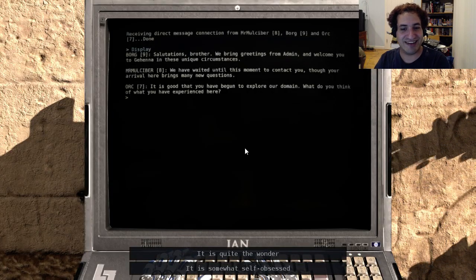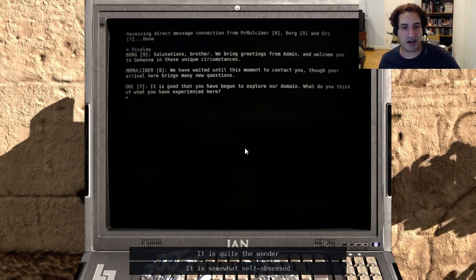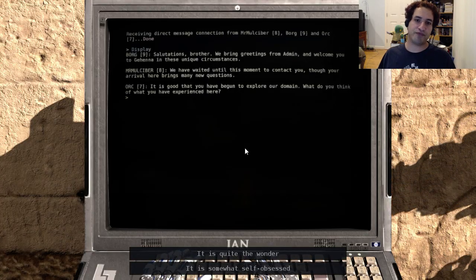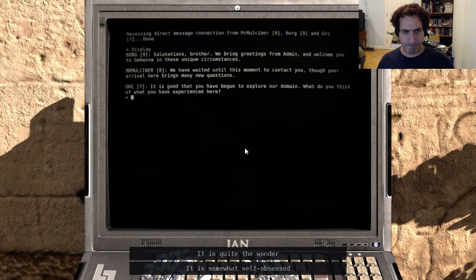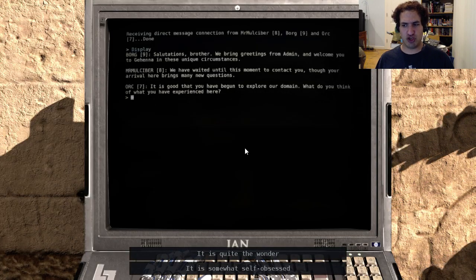Interesting. Okay. So this is a multi-person... They invited me to a group chat. I want to be in this group chat. Unsubscribe. Salutations. Salutations? Pronunciation is hard, guys. I'm assuming it's